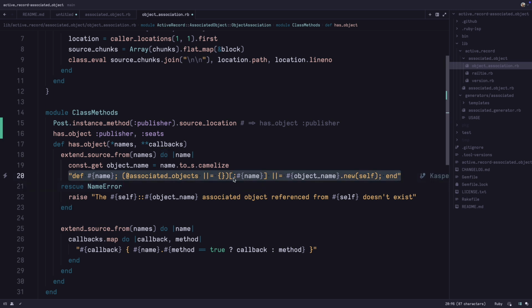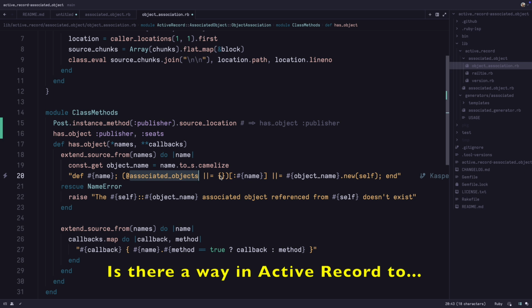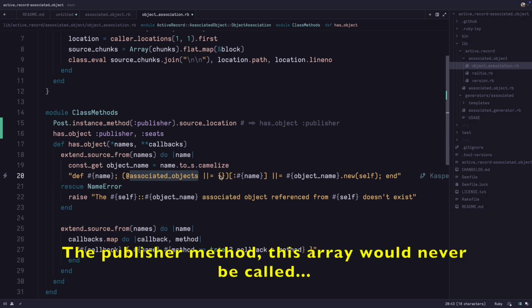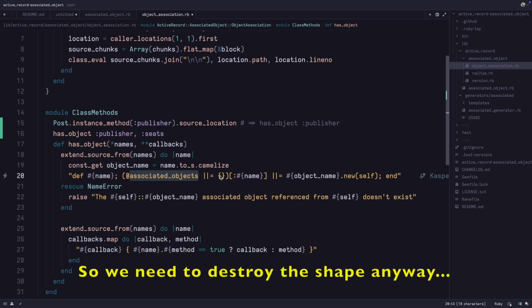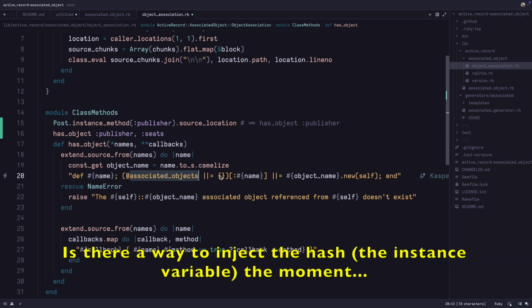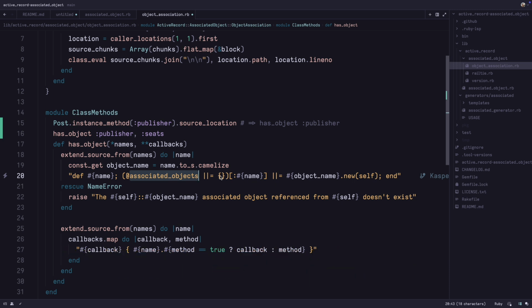This is the tricky code where we have to do this for object shapes, to assign a hash and then put it in a key and so on. Is there a way in Active Record to, because with the object shapes, if nobody calls the publisher method, this array would never be called. So yes, we destroy the shape anyway. And the hash is a great thing because we can always add to it. Is there a way to inject the hash the moment the Active Record